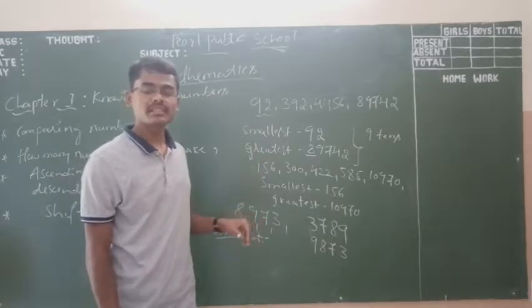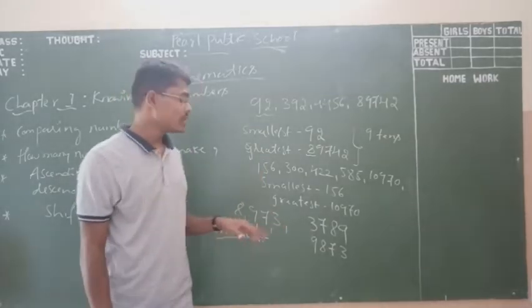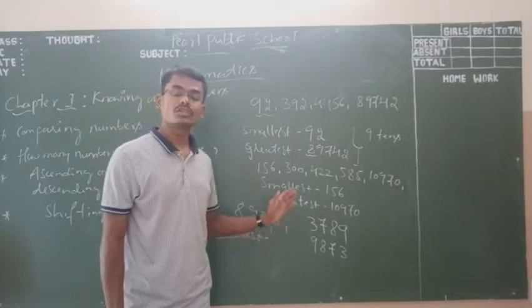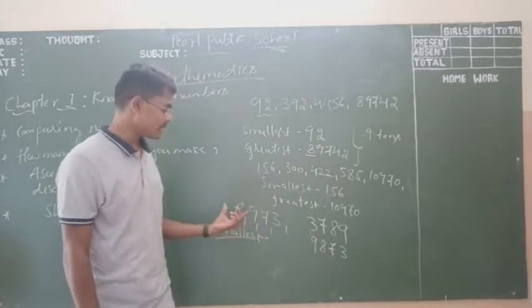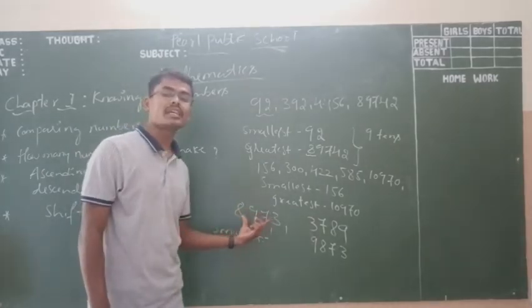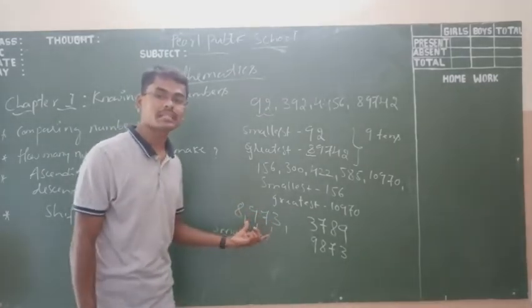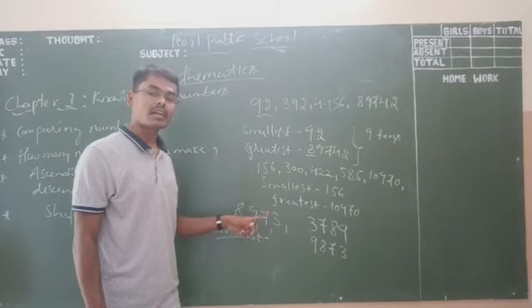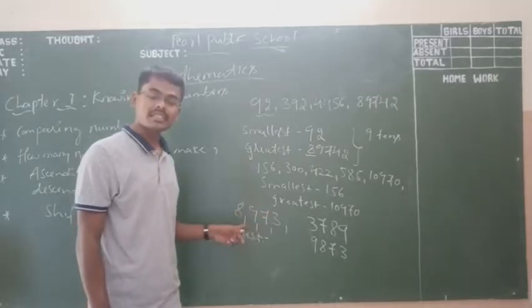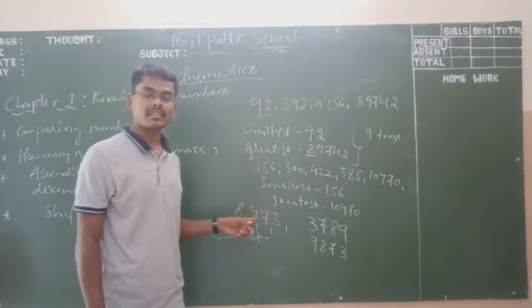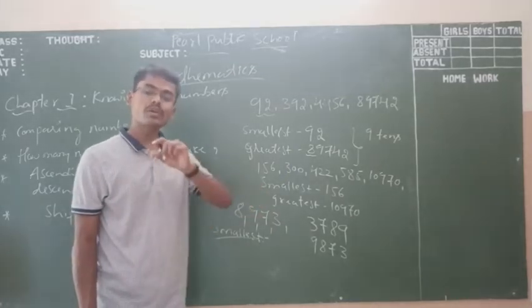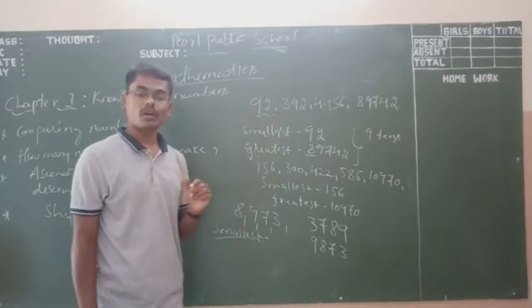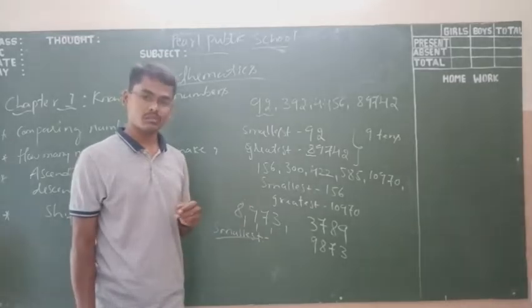How can we write this? How do we write this? You are going to start by writing the smallest number. The smallest number out of these given 4 numbers. Which one is the smallest? The 3 is the smallest, and the rest is 7, next is 8, and the next is 9. 3 followed by the remaining numbers. Okay, we are going to write in that form. We will get the smallest number.